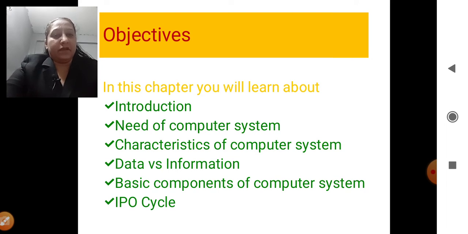with examples. Next, the topic to be covered will be the major components of your computer system. Although we are using a computer, and using a computer is not new for everybody, when we ask students to name the major components of a computer, they are not able to answer at all. You should know them very well. The last and final topic to be covered will be the IPO cycle. What is the IPO cycle? We will look at that. So let us go ahead.